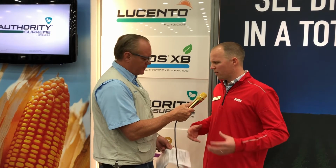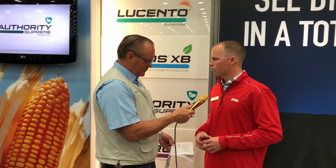How about in soybeans? I know you've got plenty of trial data on that. How's that looking? So in soybeans, our sweet spot is going to be frog eye leaf spot. It's good on the disease spectrum, but certainly there's a lot of hype around frog eye because of the strobilurin resistance that a lot of growers are dealing with. So it's moving north. Normally we think of it as being more frequent in the Mid-South, but certainly we had issues in Iowa, northern areas of Illinois, as well as into northern Indiana, Ohio, and certainly caused some issues in